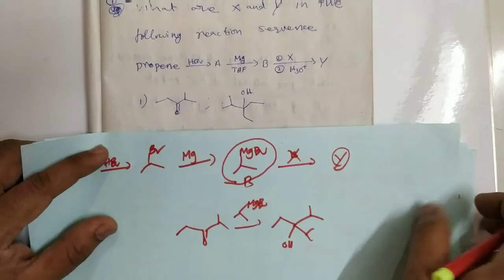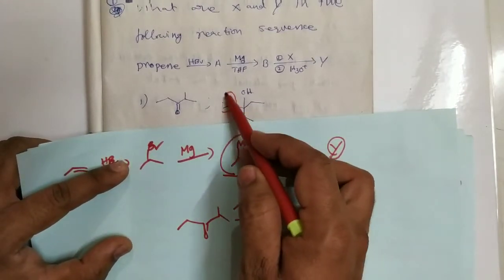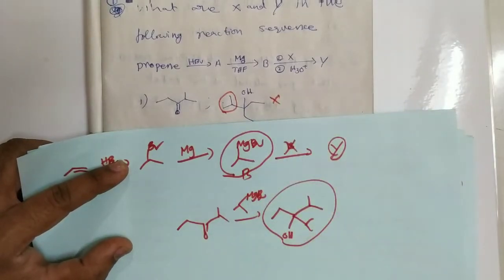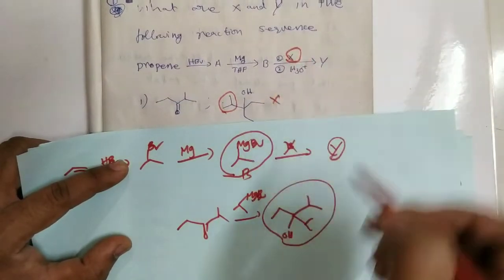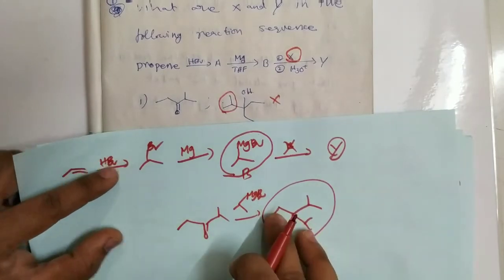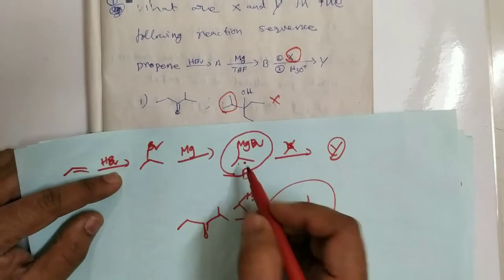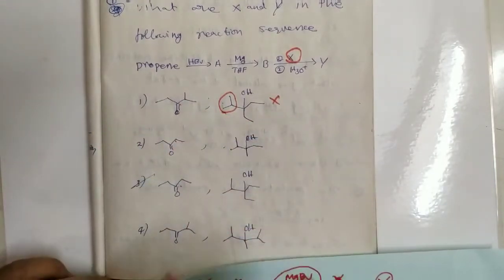So in this case the product contains 2 isopropyl groups, but in the given product only 1 isopropyl group is there, so it is the incorrect option. Here we have to think clearly, because X and Y are not given, that means the reactant is not given, but one reactant we know, that is the isopropyl magnesium bromide. So if you add isopropyl magnesium bromide to these given ketones,